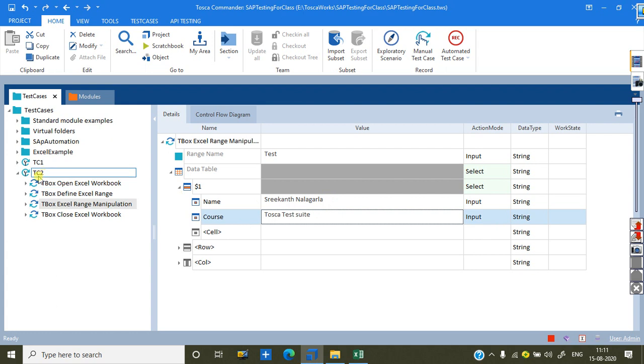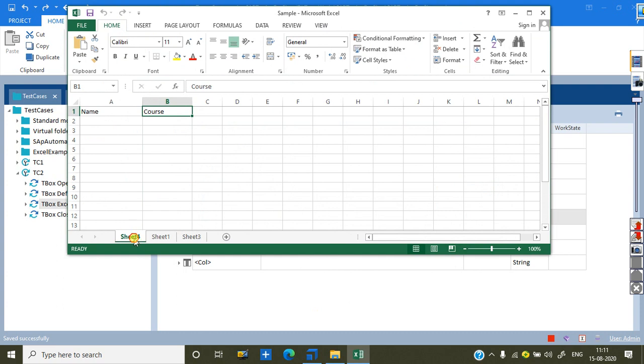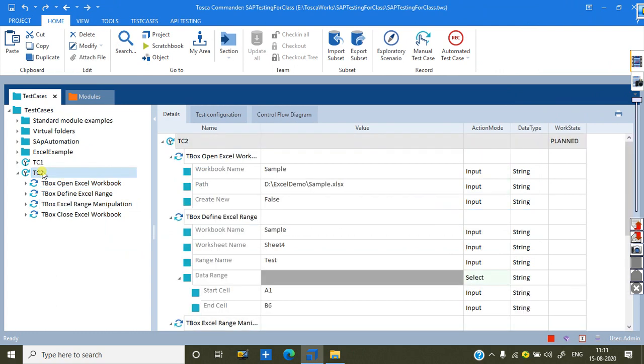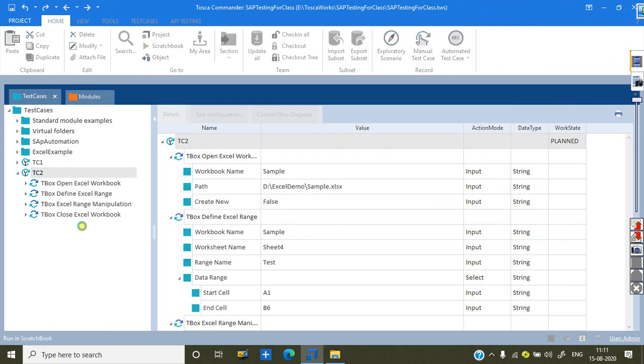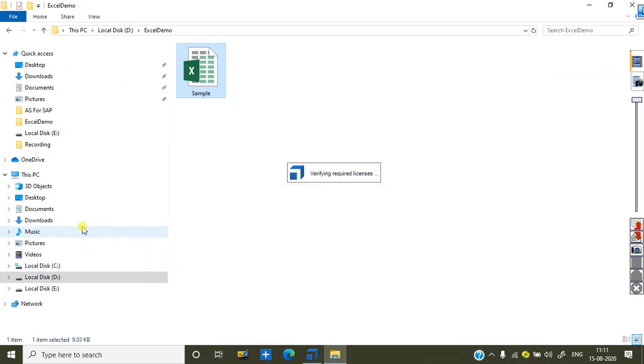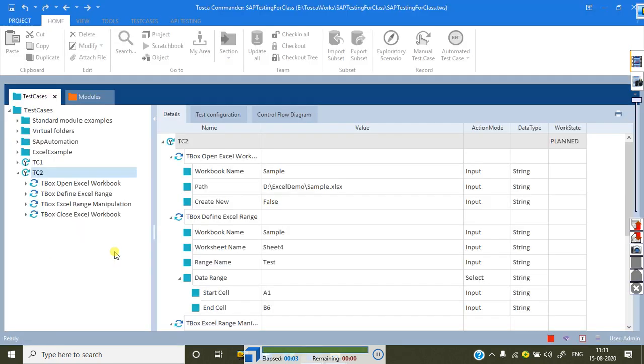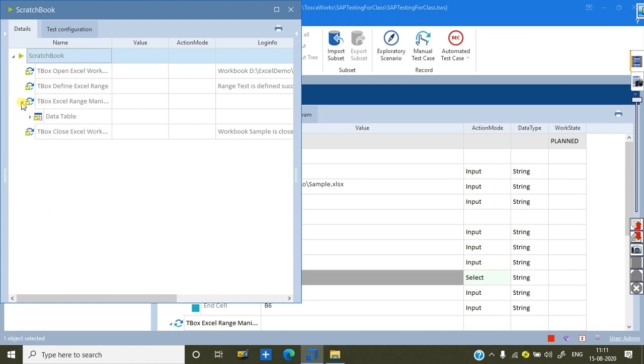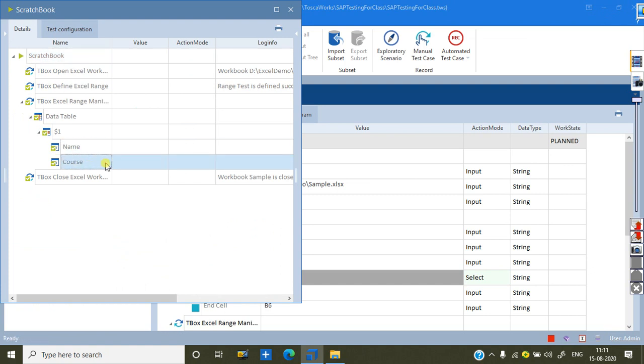Then if you run it, it will be executed. Now see, in this Sheet4, the name is there, the column is there, but the data is not there. See, I save this and close it. If you run this test case, right click, run it. It will start working and executing. Successfully it will be done, and it will be showing very clearly that the name is entered successfully.